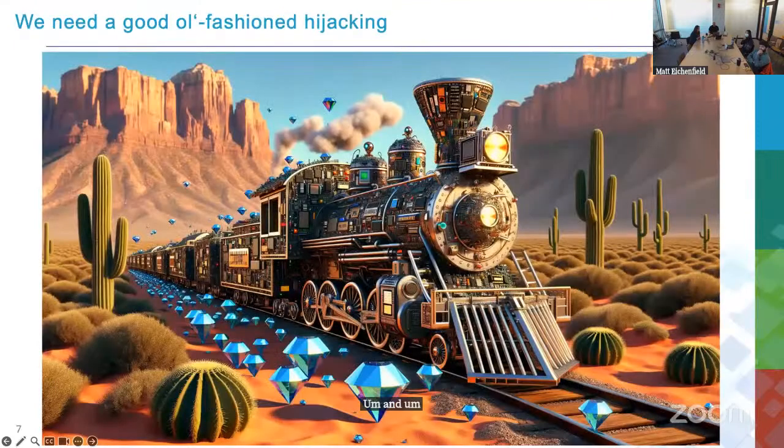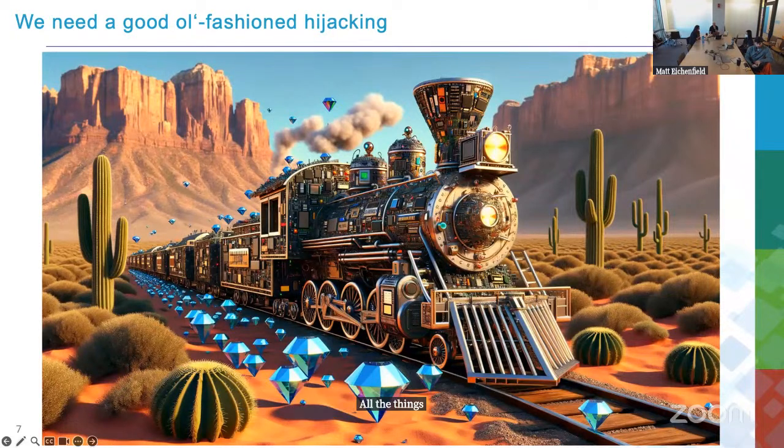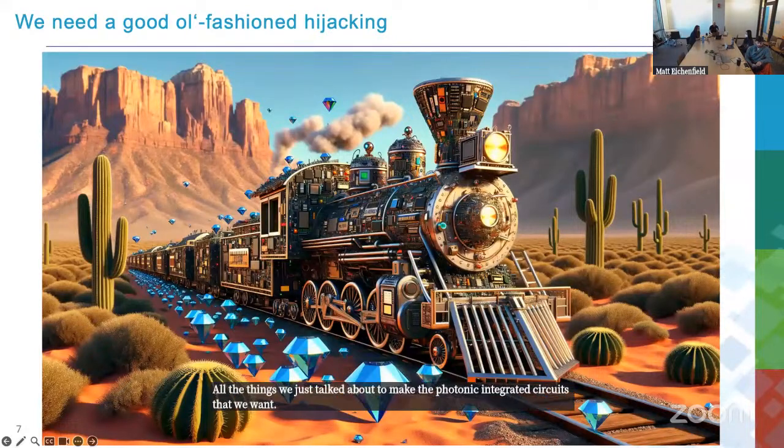What do we need to do? We need a good old-fashioned hijacking. Okay, we need to take our sort of diamond-centric photonic architecture, and we need to figure out how to hijack the manufacturing methods and material science and all the things we just talked about to make the photonic integrated circuits that we want. And we need to do that because we also need millions or tens of millions of qubits on